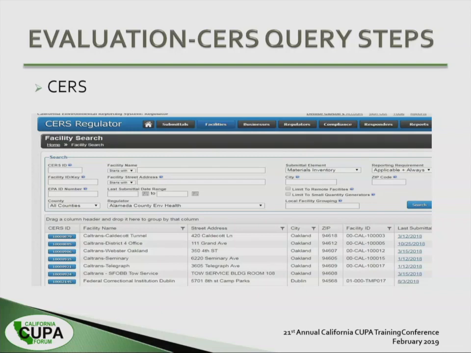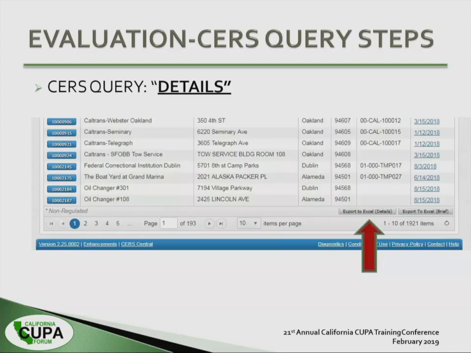You have the same company. Maybe there's a company that changed names. It's all there. So this is where we have to go back. When we're done with this, we go back to you and we say, hey, help us here. What is real, kind of thing. So this comes up, and then we export it to an Excel, and what we do is we export it to an Excel for the details.